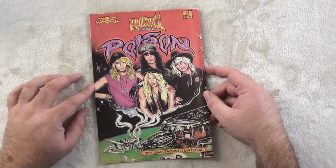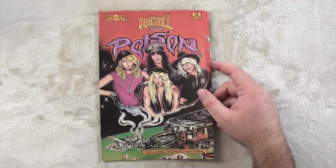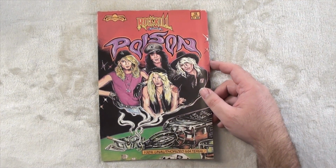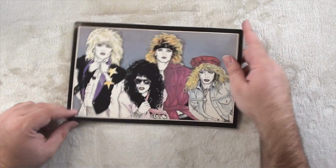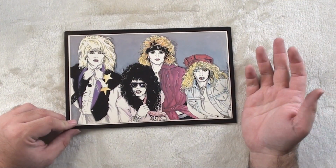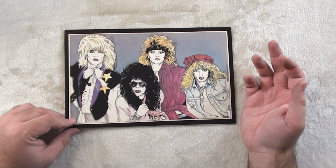Okay, here we have Poison. Band I know nothing about. I think they sing, is it Kiss from a Rose or something like that? Not too sure. Don't know anything about them. I would look at this picture right here and I would say this is a band that I don't really need to experience. But